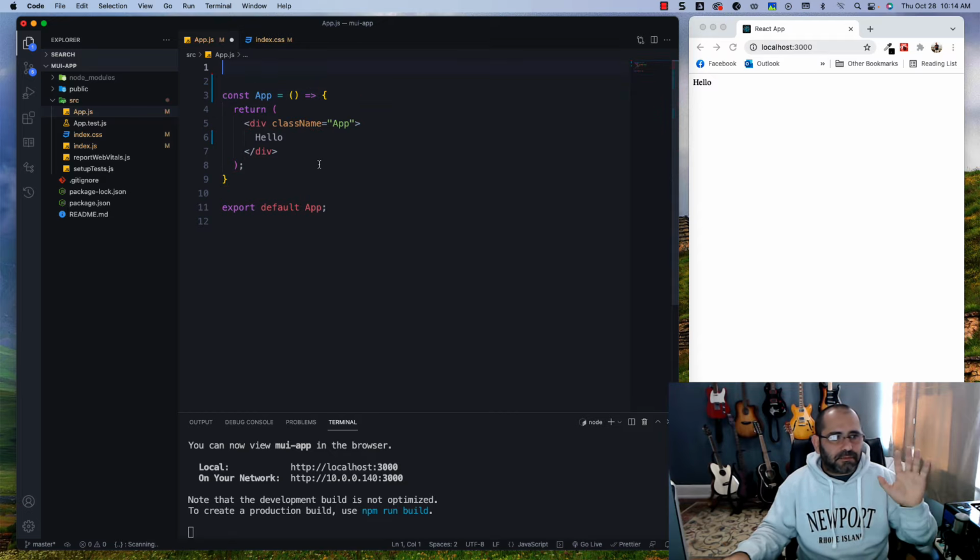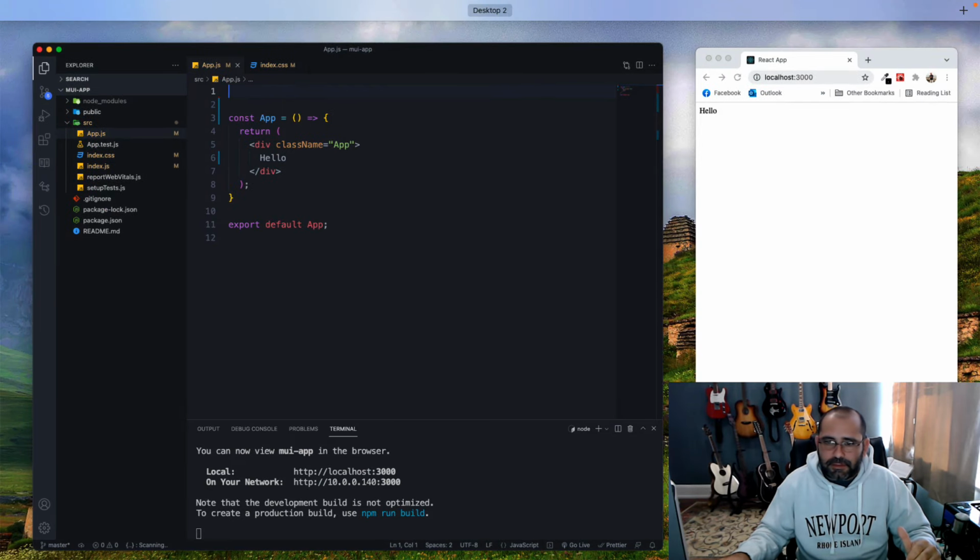But this is really what I just did, no different than just using a function component. I like to use classless components, so it shouldn't matter either way you use. All right, so now that I have that,